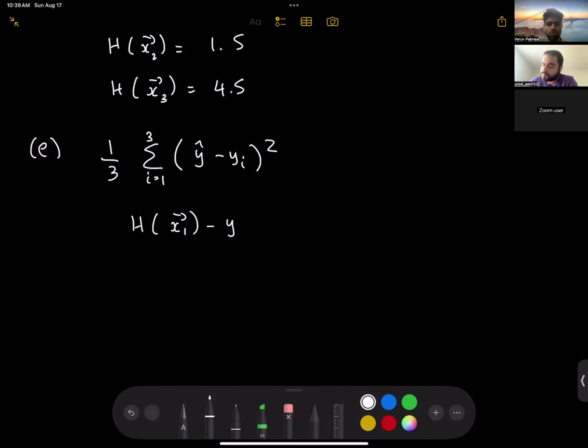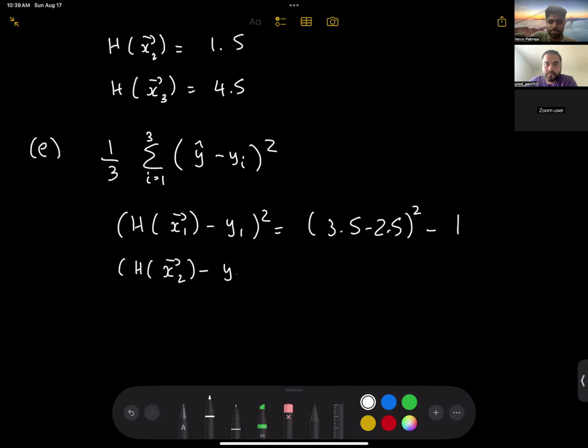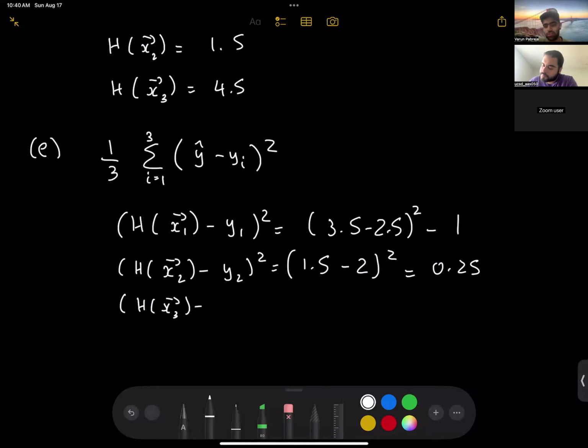times 1 squared, which is, yeah, just write 3.5 and 2.5. It's fine, I kind of messed up. 3.5 and 2.5. Yeah, just 1. Which is 0.25, 0.5 squared, which is 0.25, and then h(x3) minus y3, which is again 0.25 because it's just 4.5 minus 5